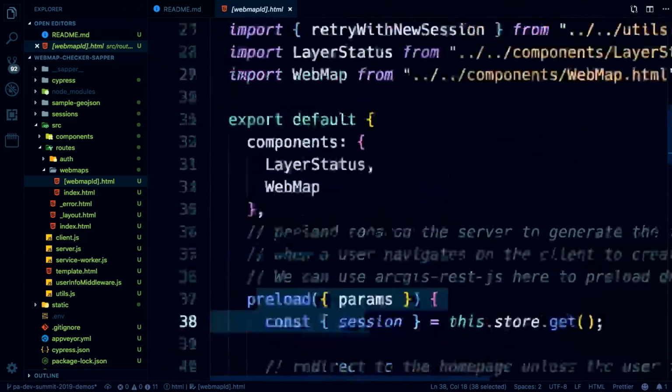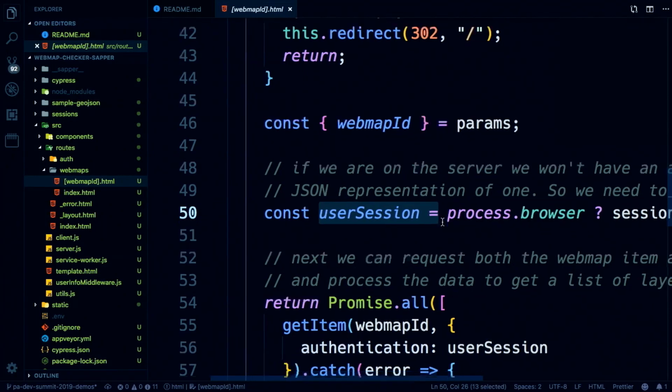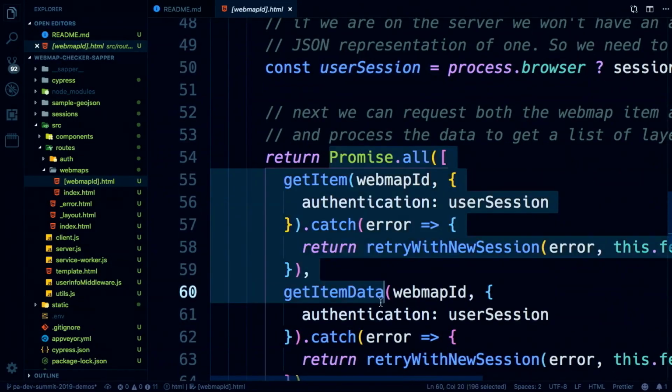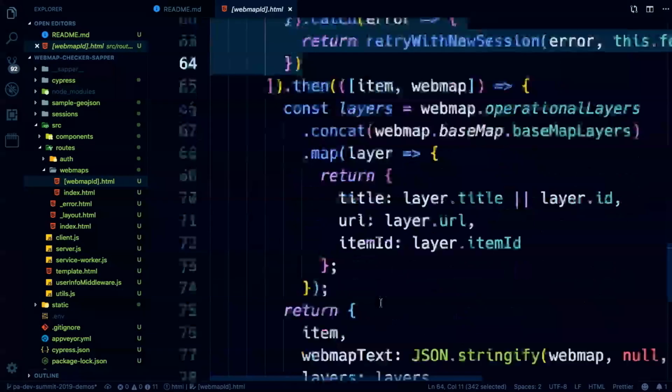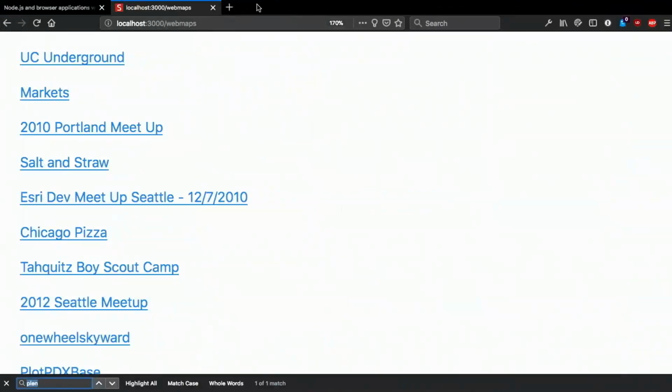And in this one, this is for that individual web map. You can see that we're creating a user session, and then we're grabbing a bunch of data about the web map and processing it in preload. But we're not doing this again on the server every time I navigate in the app. Instead, it's just running that exact same preload